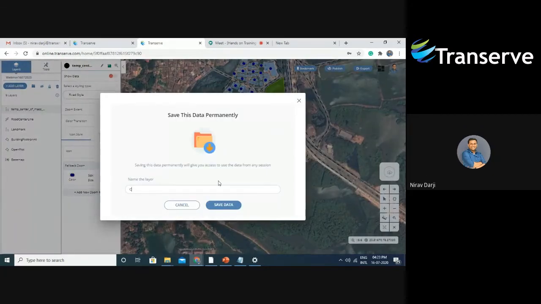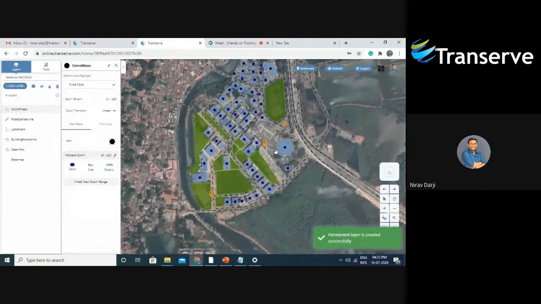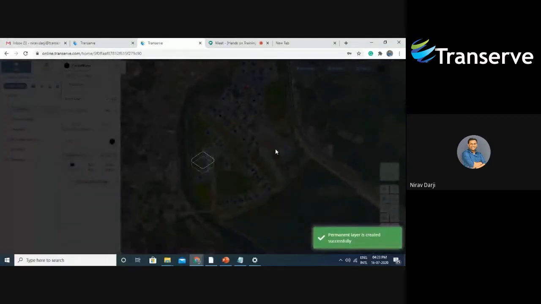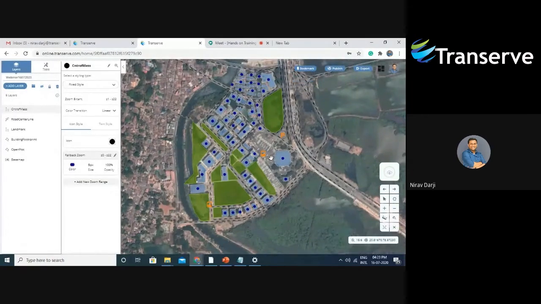So I am going to save it as center of mass. It will take a little time to load on the database. I'm not going to go into that much detail right now, but yes, you can utilize this kind of layer in your other analysis. You can export these layers from the data tab.